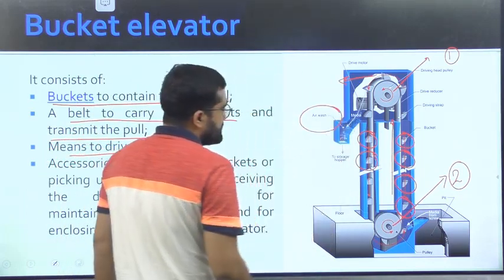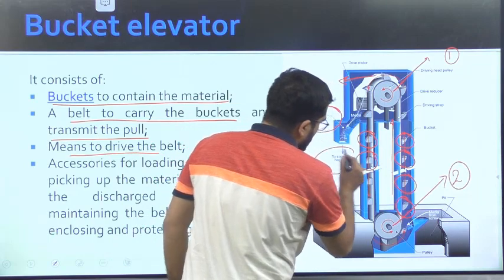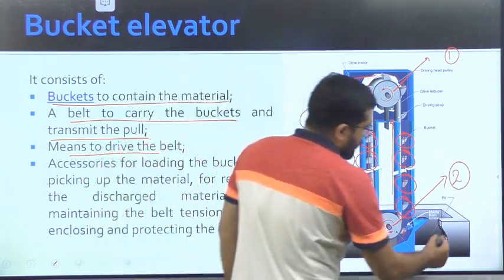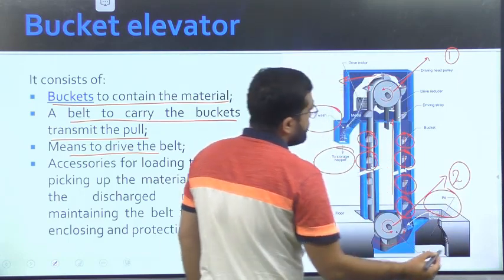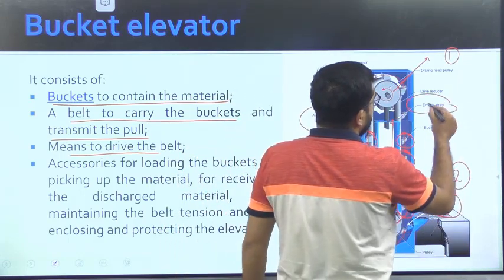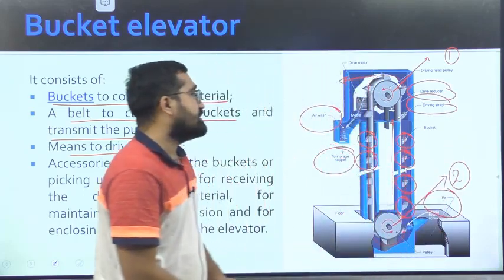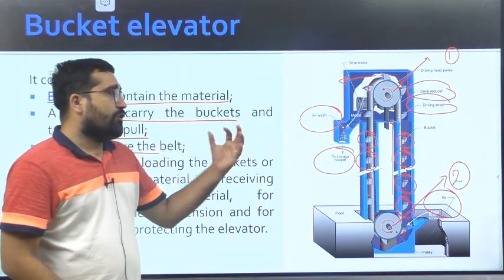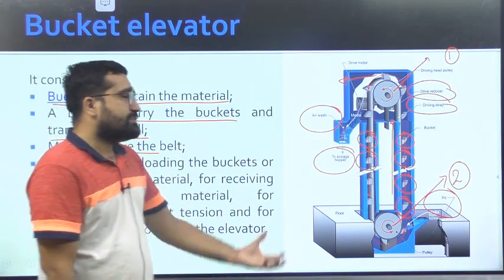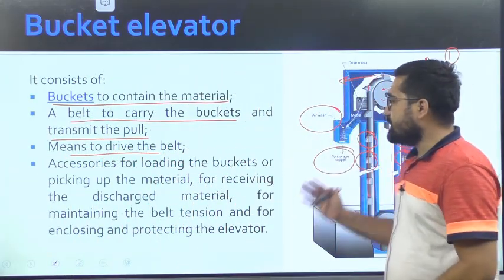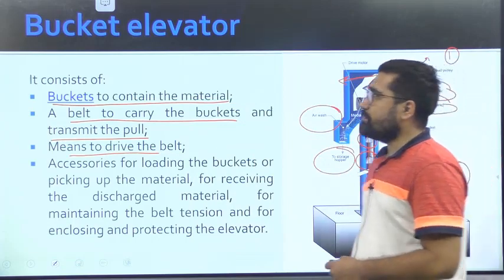So if we talk about the accessories of this bucket elevator, then this air wash is an accessory, and the storage hopper will be an accessory, floor pit, driving straps, driving reducer. These are the accessories which come along with the bucket elevator to increase the efficiency of a bucket elevator. So these are the components we have just talked about.